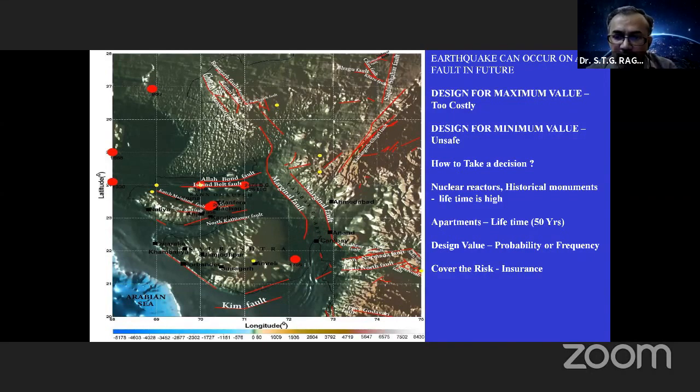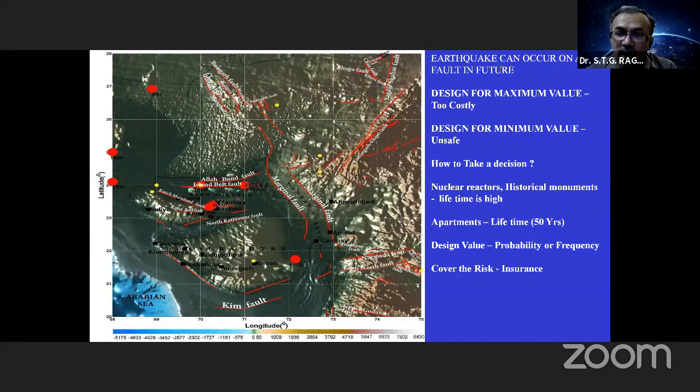So now if you take all these combinations of possible magnitudes and distances for Ahmedabad city, you will get the maximum PGA as something around 4 times g or 3 times g actually. And the minimum PGA, that means no earthquake occurs in the next 50 years, which means 0g. So now your possible design value starts from 0g to almost 3 or 4 times